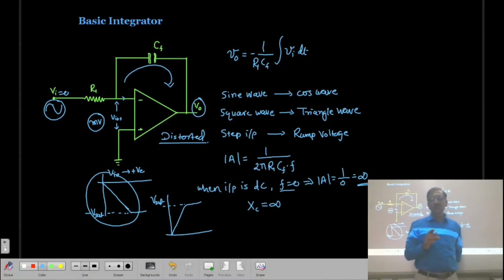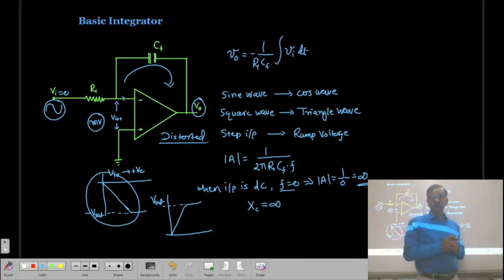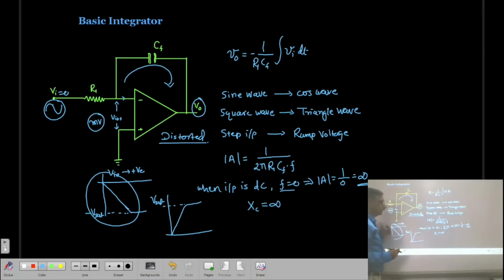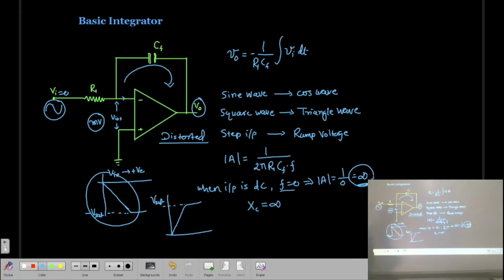Then also we have seen the bandwidth of this integrator is very, very small. Correct? And that's why we have to modify this integrator circuit so that at a DC voltage the gain will not be infinite, and we can minimize the effect of the input bias current and the offset voltage. So now let us see what is the